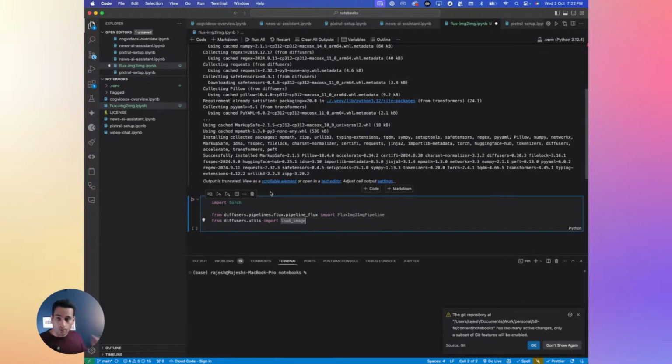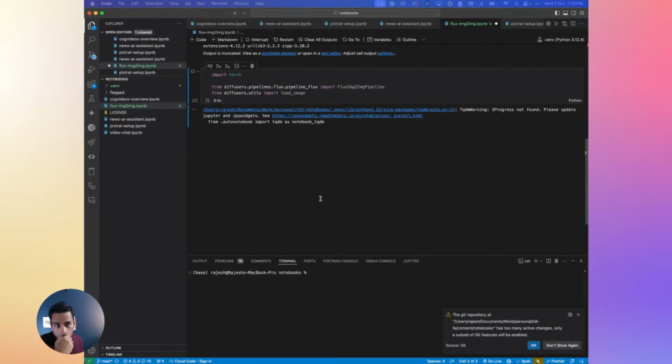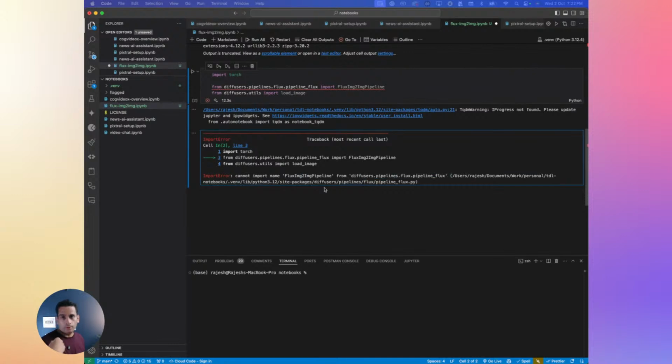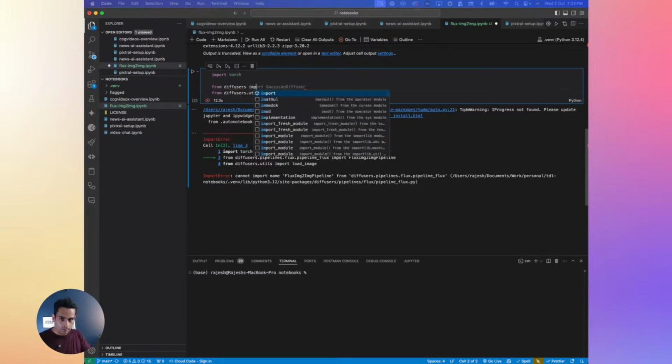All right, so all the libraries are installed. Let's give it a shot and see. Import torch. Tell me if it works. Yeah, it failed. Right, we know that. How do we not know it, right? So, from diffusers, import